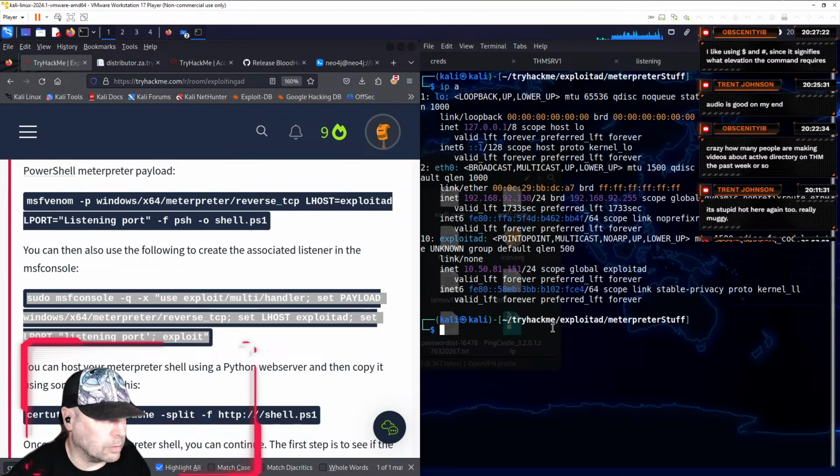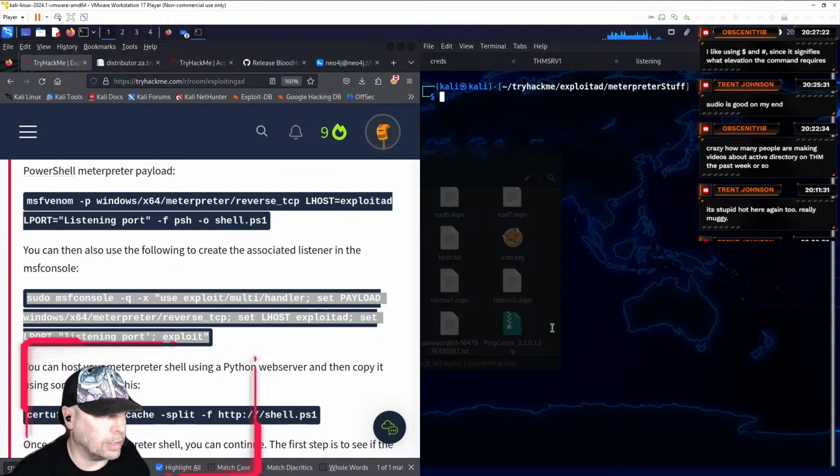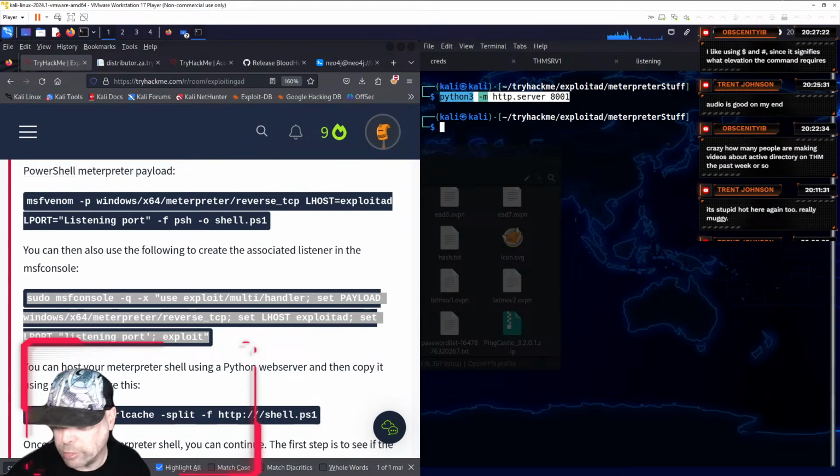Alright, good, it's listening. We're in our interpreter. Let's clear this directory as it is. So we'll want Python 3. This is slightly different from what I have in my cheat sheet. I'm going to use this one from here on out, because I've had such success with it lately. Alright, remember that port 8001.